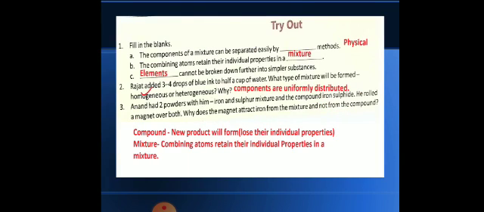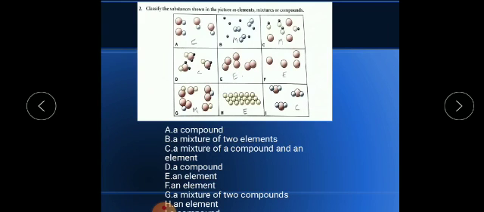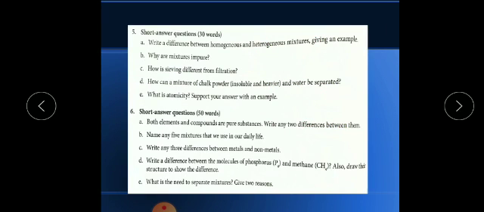Now we have already done all the fill in the blanks. We have solved the exercises. Now have a look, question number 5, short answer type questions. Here we have to give answers in 30 words. So today I am going to discuss these question answers with you.